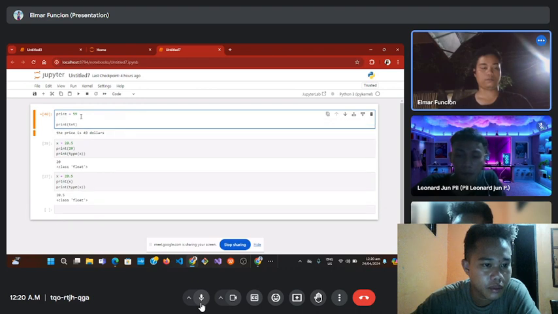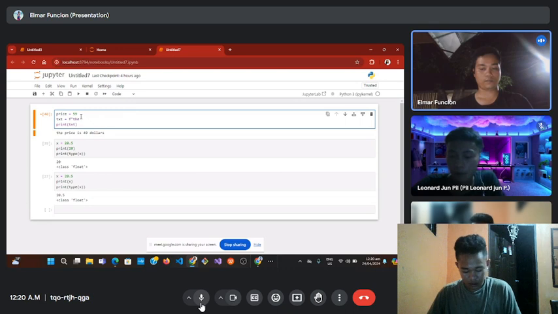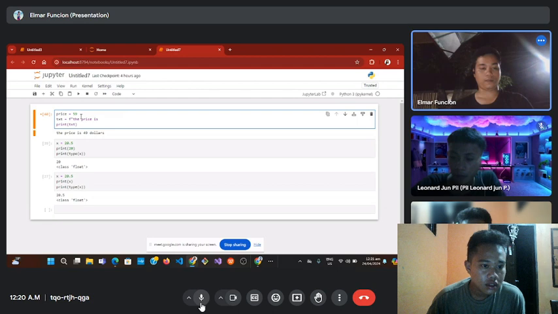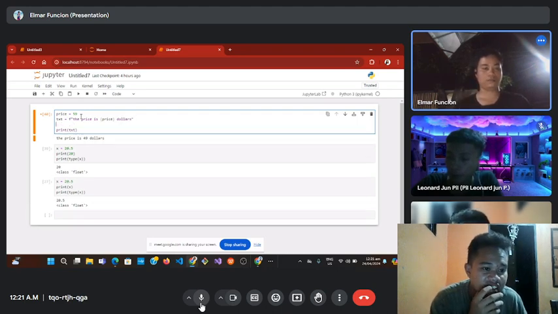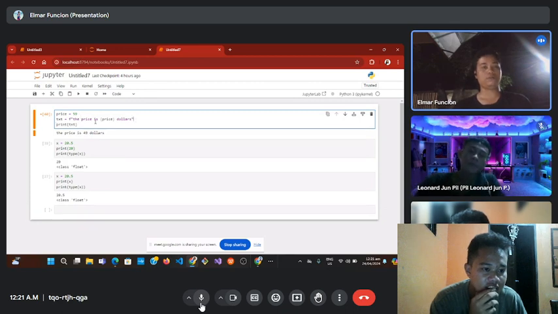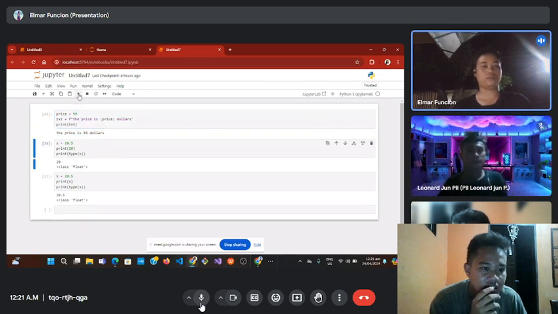For the text, we just have to copy paste that: "The price is", and you can put this one, price, dollars. And then we just have to print text. So let's try to run this one.